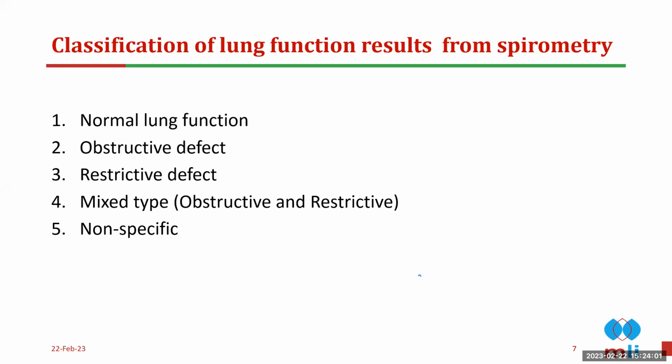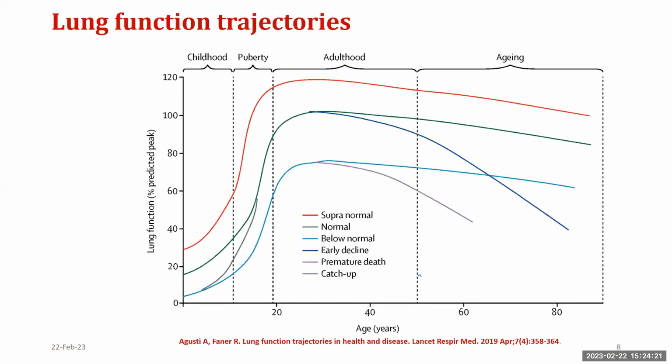Sometimes it is a mixed type, meaning there is both obstruction and restriction, but occasionally we are not able to tell whether it's any of the 4 above, and so we refer to this as non-specific. So I'll use these terms as we go along when I'm discussing lung function in children with sickle cell disease. So I earlier mentioned that